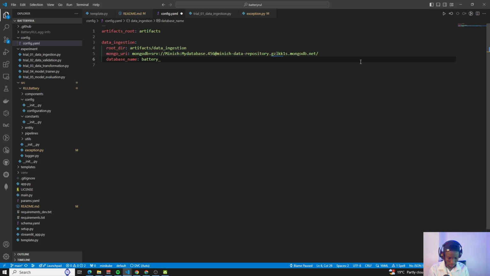So this is the directory that will store our data that we are going to download from the MongoDB server. Then this is the Mongo URI. So this is something like a link for us to be able to download that data. Then in the MongoDB, we are looking for data under the database name battery experiments. Then under battery experiments, we have data under the collection name battery RUL. Okay, so this is the sequence that we are going to be following for us to import data into the